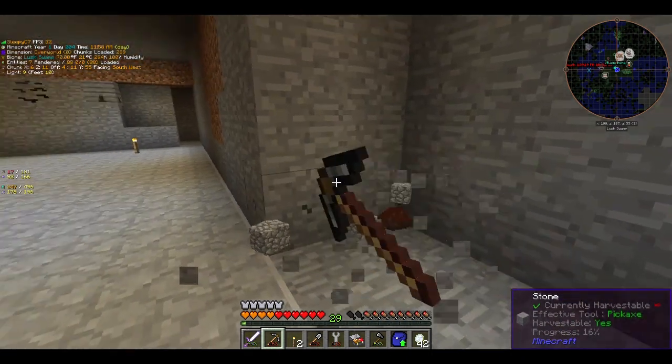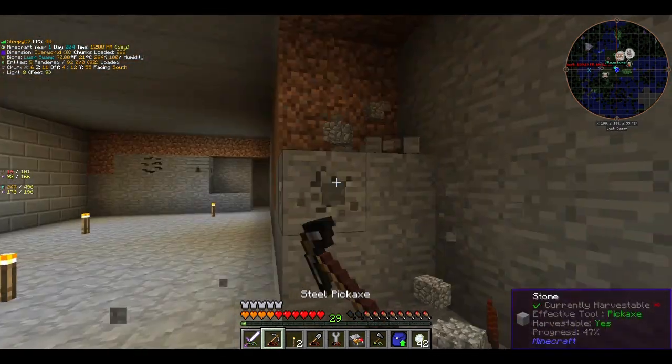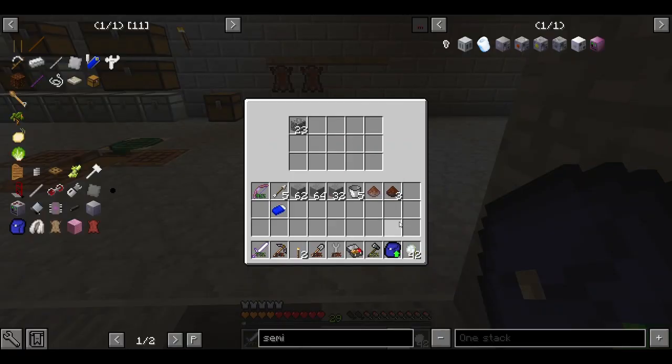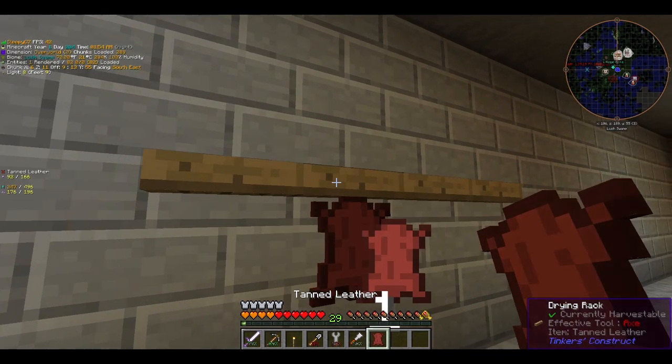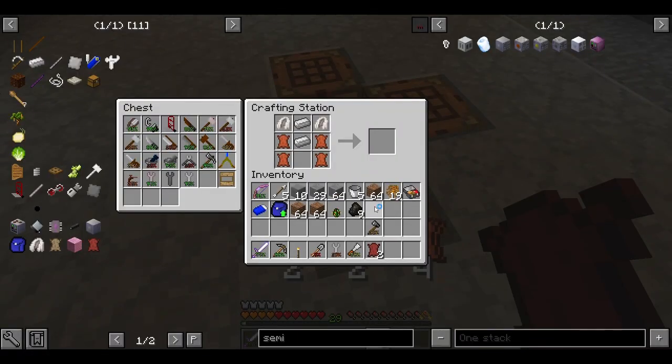So here's me testing out the miner's bag. Basically, if you have it, there's a couple different settings that you can do. Shift right click on the bag when it's in your hand, and it'll change the settings. So this is like an input. That was an input mode. So as you pick up cobblestone or dirt or gravel, it'll automatically put it in that